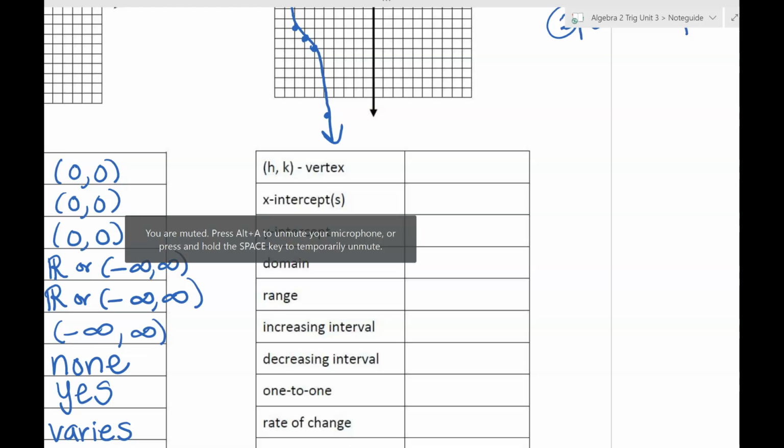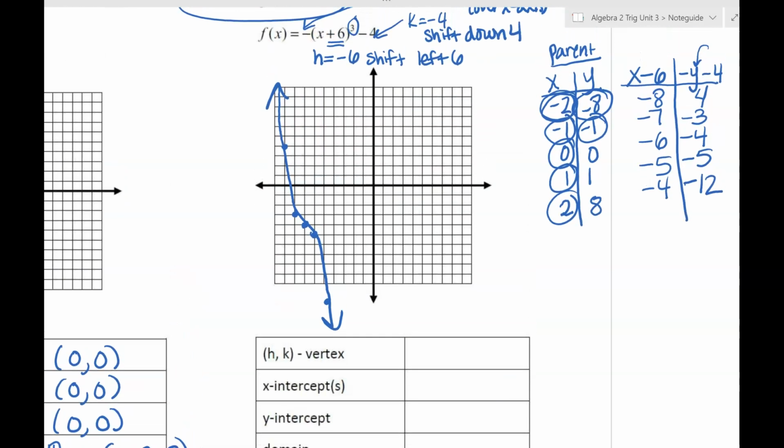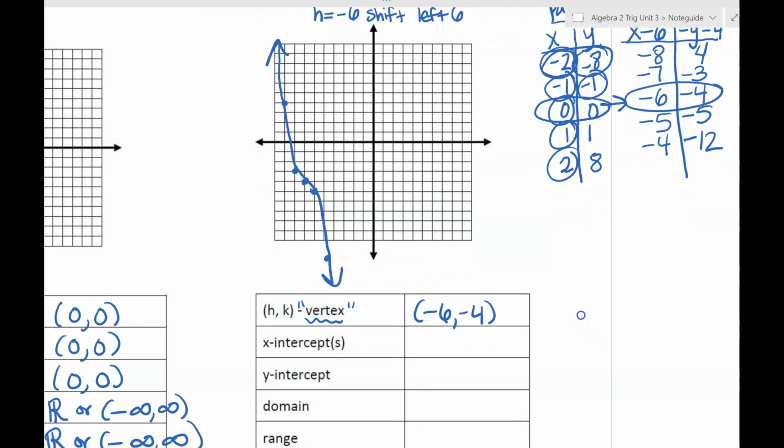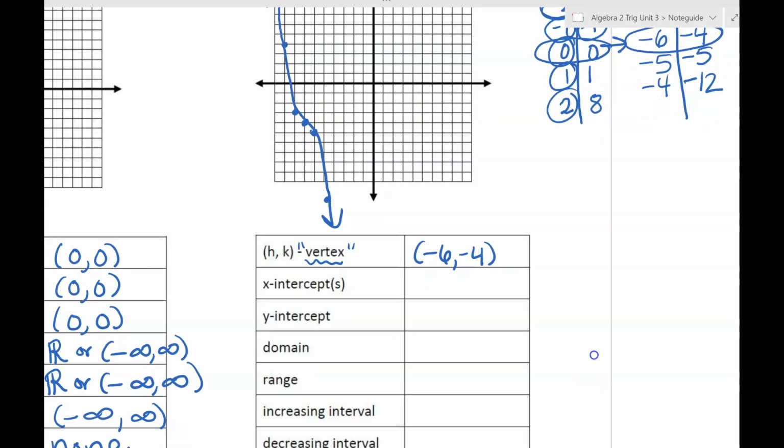Now the characteristics of this graph will show us that our vertex, so it was 0, 0, should now be transformed to those h and k values. So it's -6, -4. And we'll be careful with this word vertex. It's not really like a vertex anymore. It's technically that point of inflection like we've been referring to it, but we're not going to be so strict